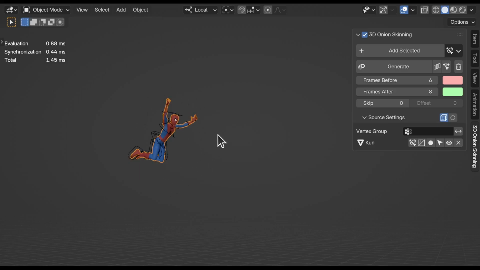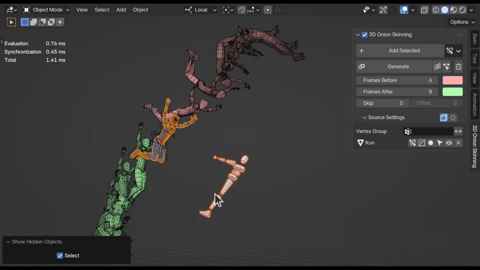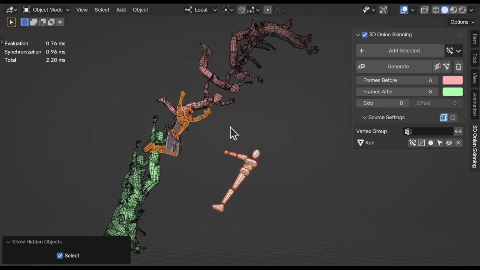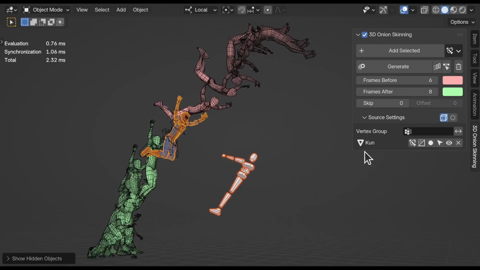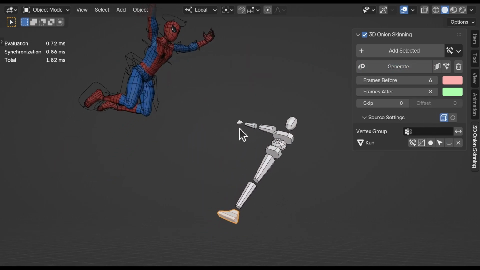Depending on how complex your source object is, generating onion skinnings for it may introduce some evaluation time. So what if we could use simple objects instead of our character itself? Let's take a look at how that could be done with a new functionality in 3D onion skinning. For now, let's bypass our original character, so nothing is going to be generated, and let's start using this simple